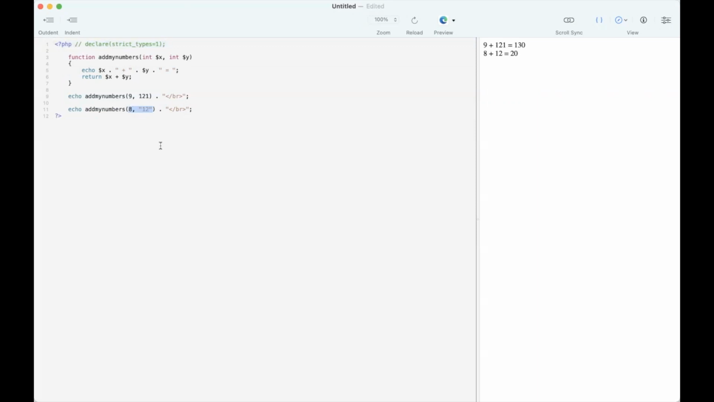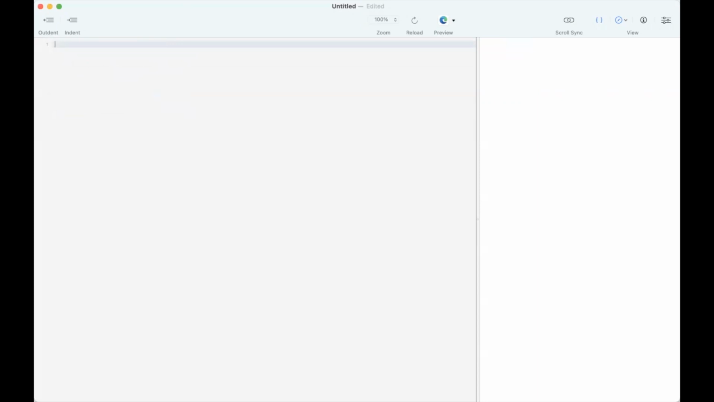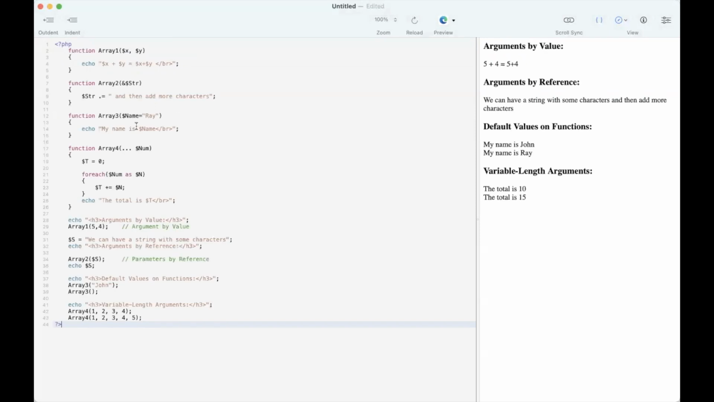Okay. So, all right. Now we got that out of the way. It's time for another example, and it's this one here. So we can do arguments by value, by reference. We can default values on functions, and we can do variable length arguments, which is very nice. Okay. So let's do